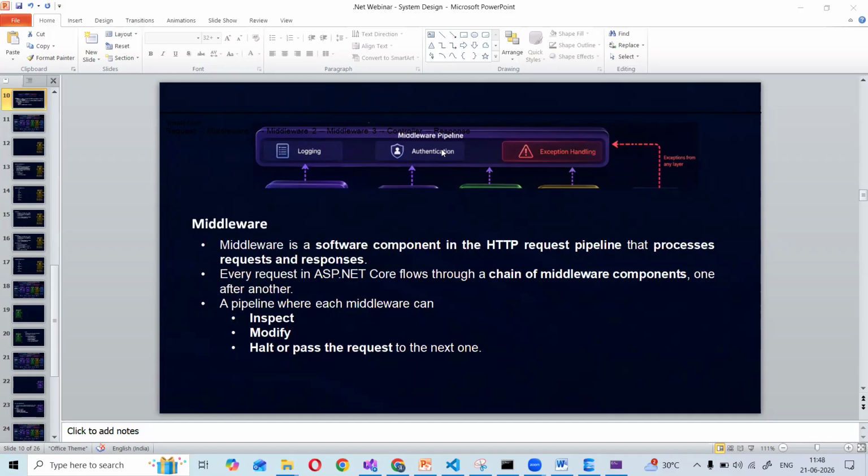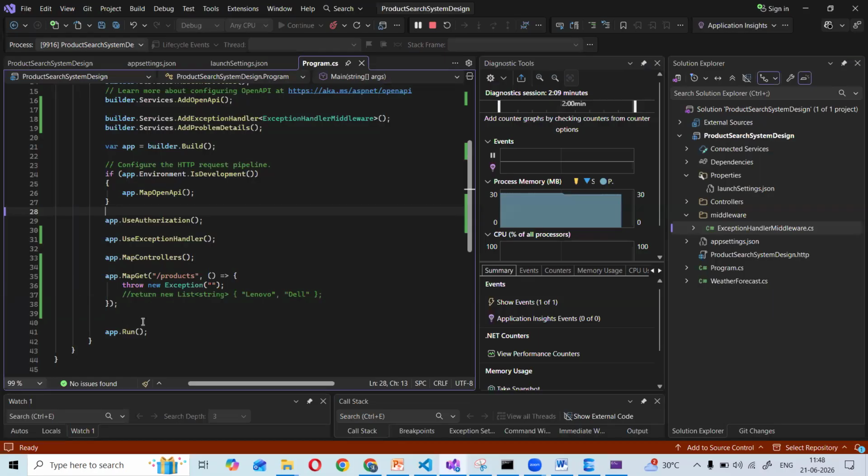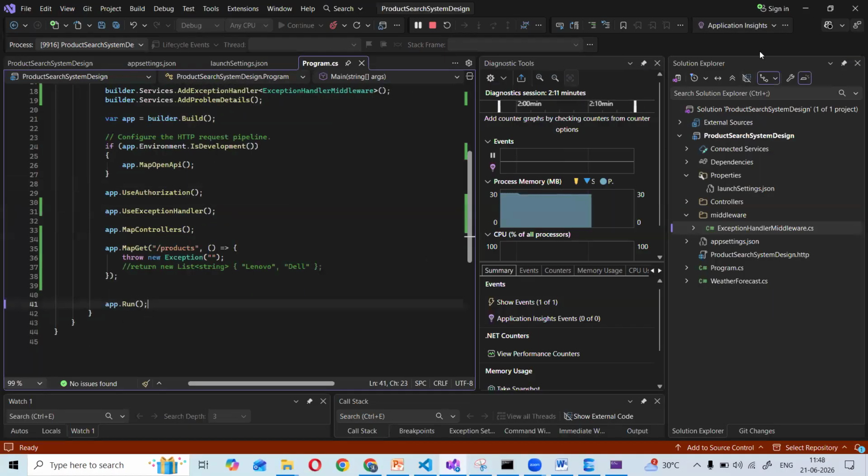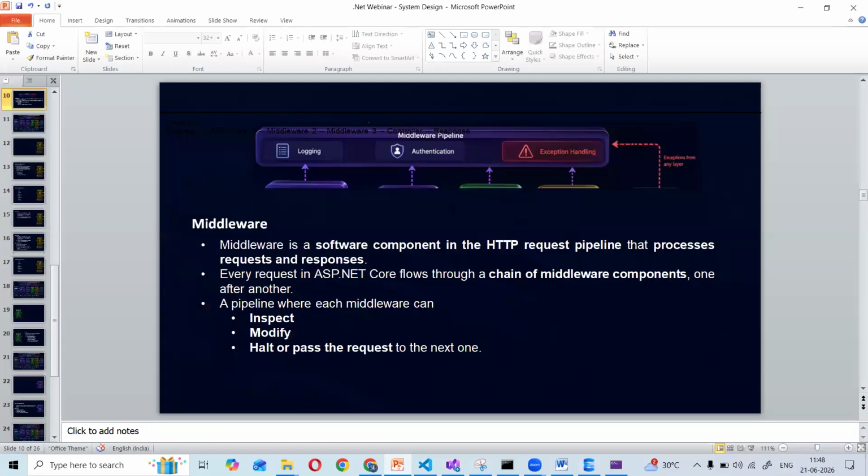For example, if I add this just before the run, what will happen? Or after the run? After the run, if I have any line of code, it will never execute. That we already have seen, right? So that is the reason. These follow the chain of responsibility. So where are we now? Now we have created the exception handler in a perfect way.